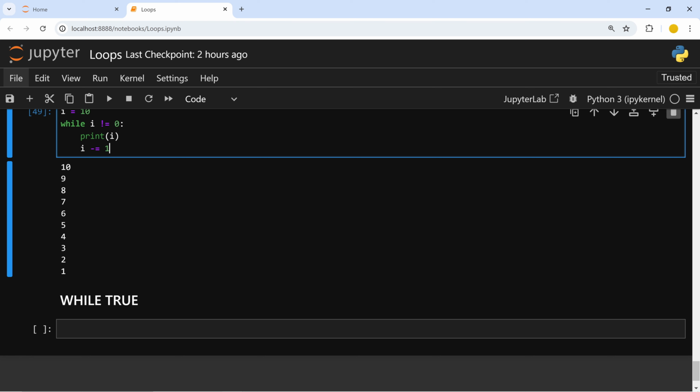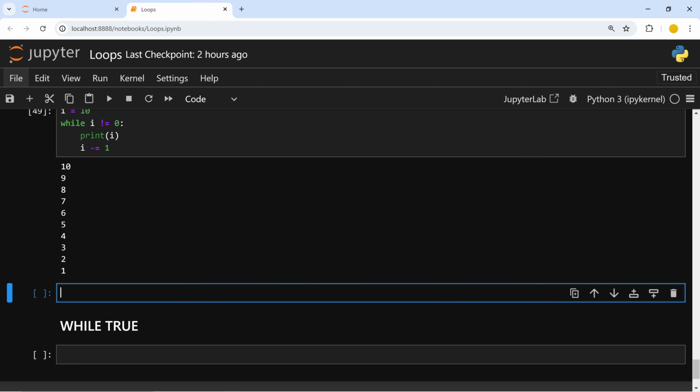Okay, let's make another example. Let's say I have a list of data and there's a corrupted one in it, and I want to see the data until I get this corrupted one, and I don't want to see the rest anymore. Let's create a list, my data, and this will be equal to, let's say the first one is fine, and let's copy and paste this a few times, and here I will get the corrupted data, and after that I have two more